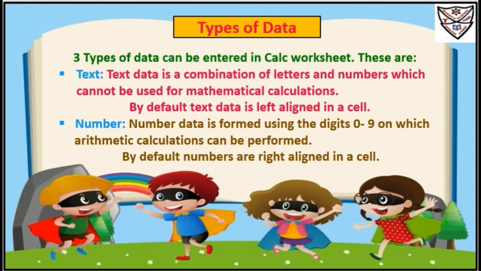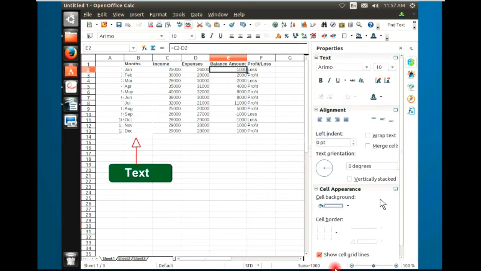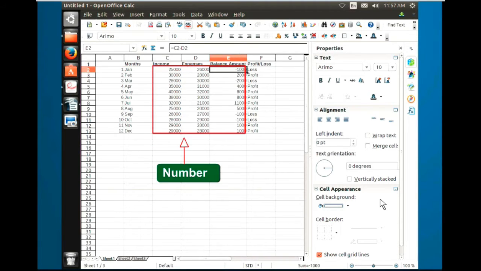Types of data. 3 types of data can be entered in the Calc worksheet. These are: first, text. Text data is a combination of letters and numbers which cannot be used for mathematical calculations. By default, text data is left aligned in a cell. Number. Number data is entered using the digits 0 to 9, on which arithmetic calculations can be performed.